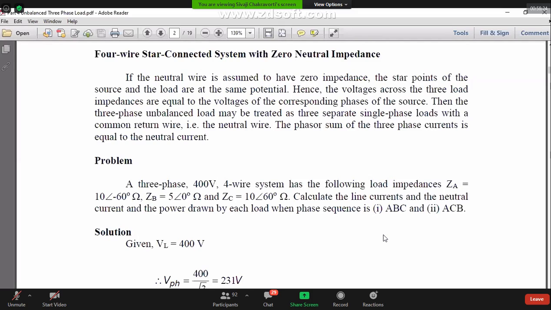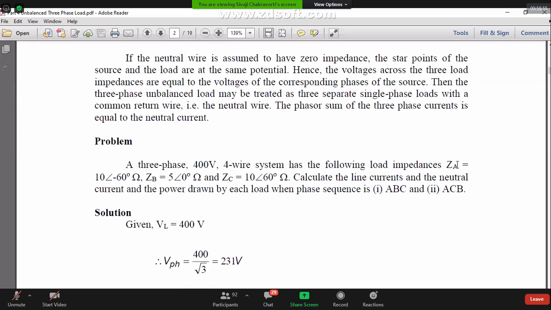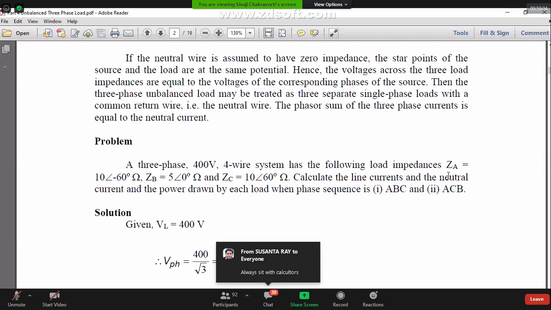Now, delta is the easiest to solve; any delta circuit you solve in this way, absolutely no problem. When it comes to a star-connected load, we have already discussed that star has two different connections. One is star with neutral, that is 4-wire star. Another is 3-wire star. First, I start with 4-wire star, where the neutral is there, with one assumption: that the neutral has zero impedance. It's an absolutely useless assumption because a neutral wire cannot have zero impedance, but for the solution I am assuming the neutral impedance is zero.